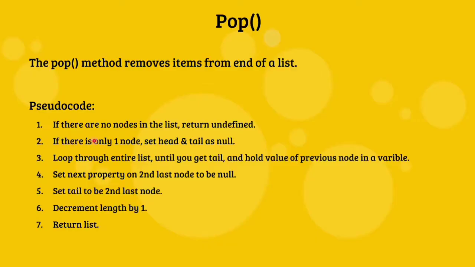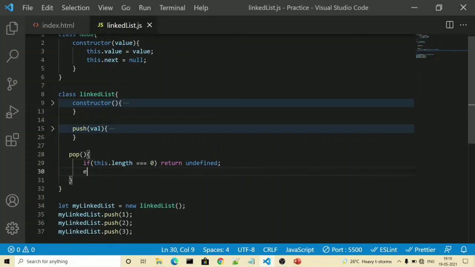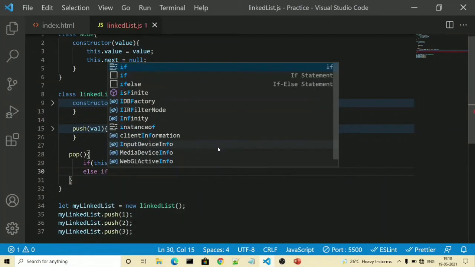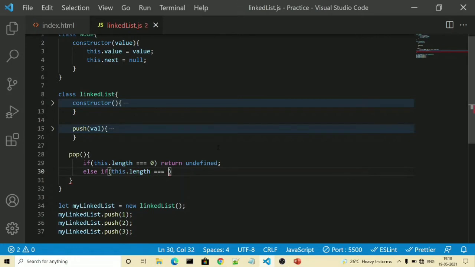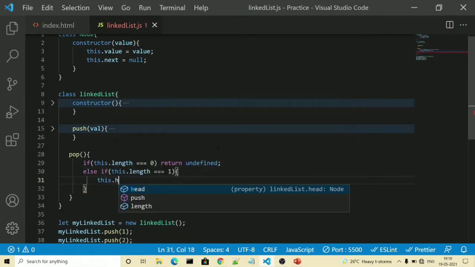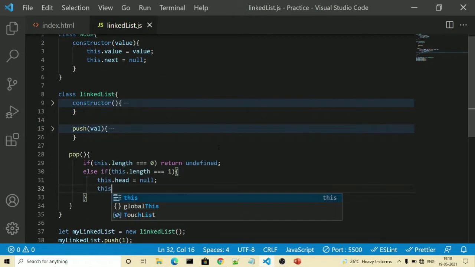Then it is saying if there is only one node, set head and tail as null. So we will write else if this.length is equal to 1, this.head is equal to null, this.tail is equal to null.